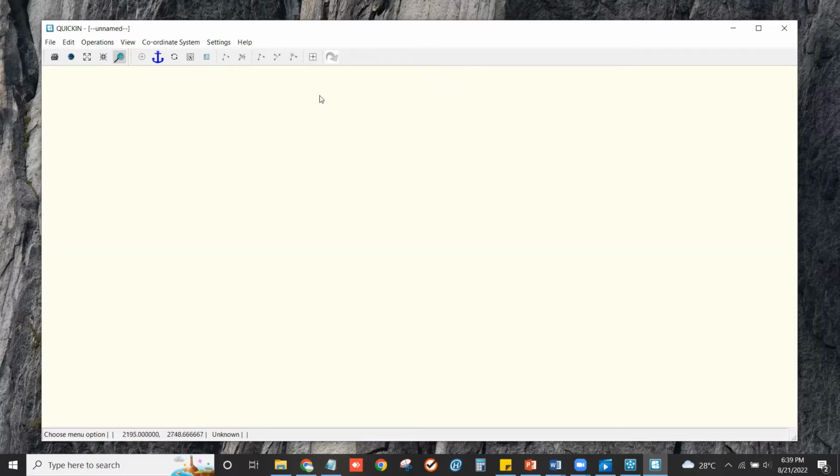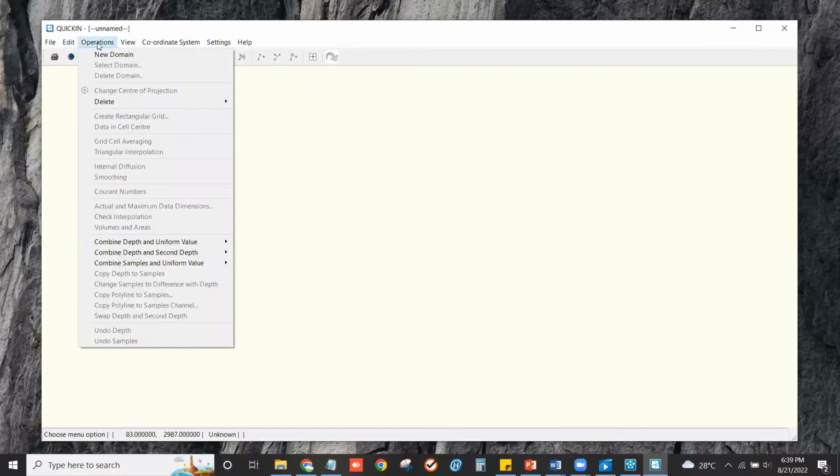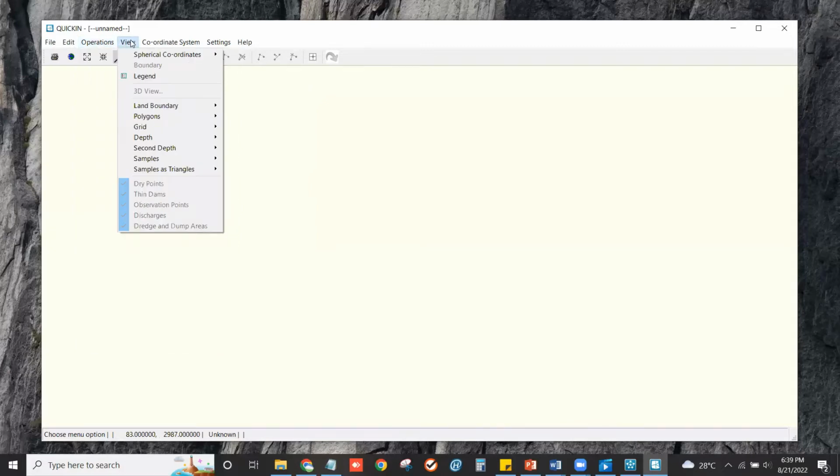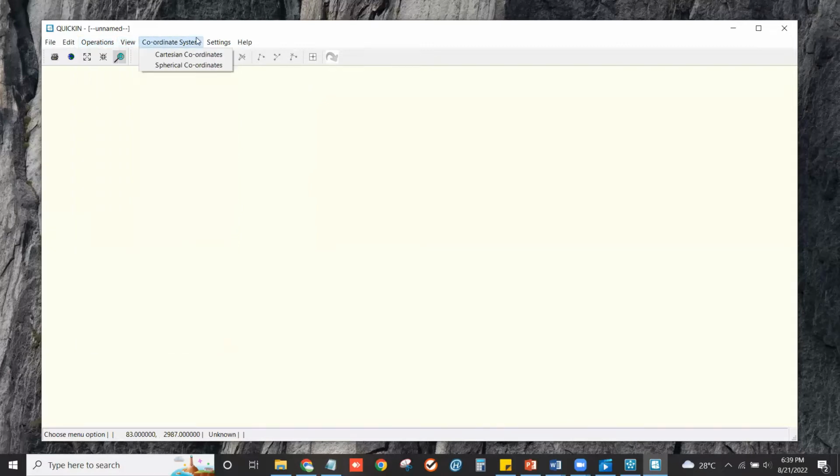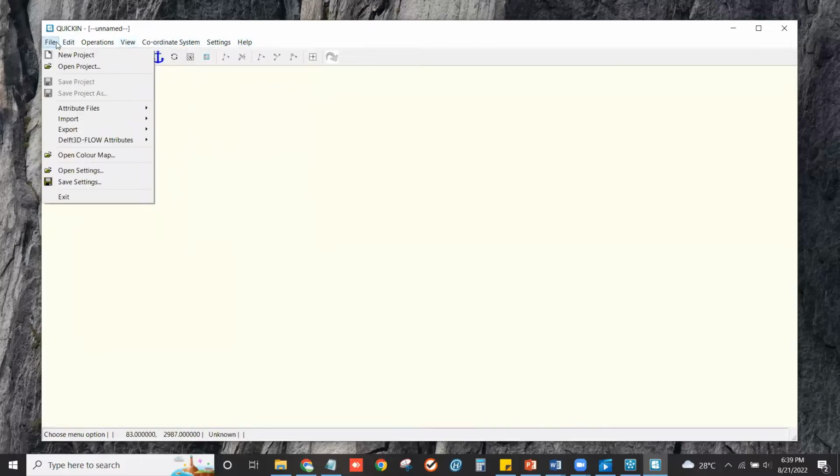Okay, in the Quickin interface, there are many submenus, including file, edit, operation, view, coordinate system, setting, help, and others. In the menu file, we have attribute file.